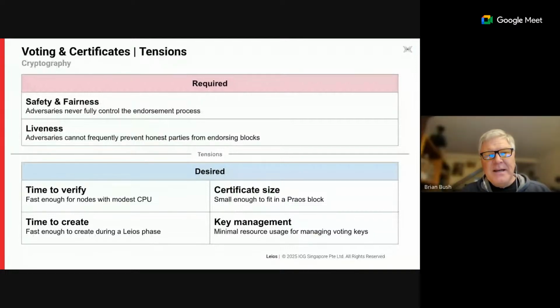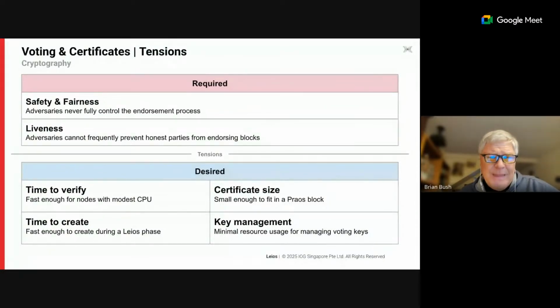Yeah, so I'll give you an update on what's going on with voting and certificates. We've made a good deal of progress on converging on viable designs. One of the things we're trying to do in this PI is to have very concrete evidence to show the viability of one or more voting and certificate designs. The voting and certificates work interacts perhaps with other work that's going on in Mithril, Leios, Midnight. So there may be a common solution for that, but we want to make sure we catalog viable solutions for